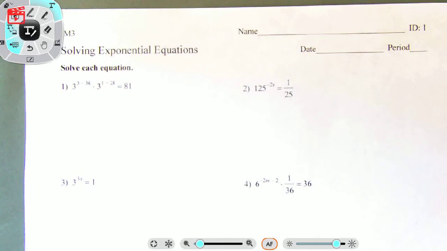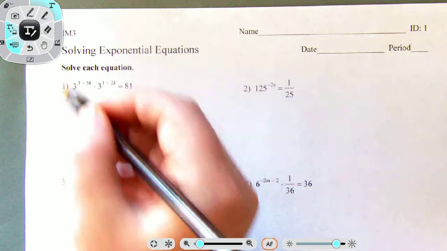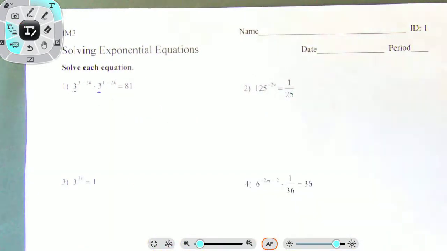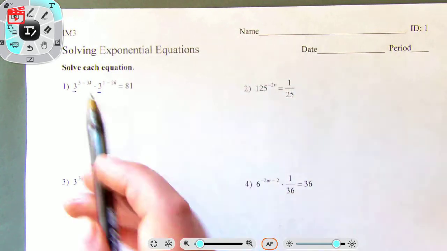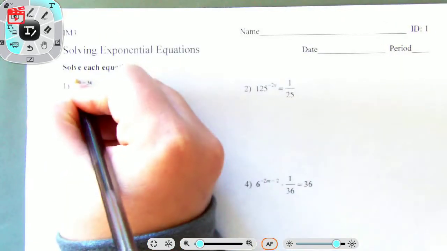Solve each equation. So the first thing we notice is that our bases are the same. I have a base of 3 and I have a base of 3. When the bases are the same, great things happen. We can use our exponential properties. And so the exponential property that we're going to be using will help us combine things with the same base. So we're going to be using the product of powers. Okay, so what that means is if you have something with the same base, the exponents here,